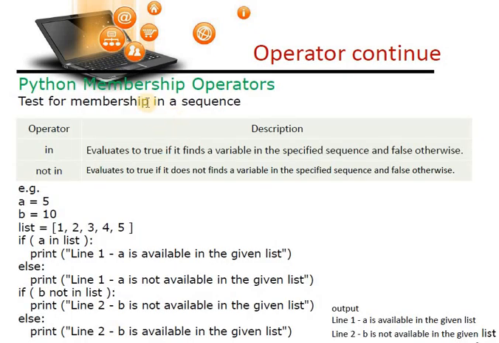Now next, these are two membership operators: in and not in. It is used to find whether any number exists in the list or not. If it exists in the list, then it returns true, otherwise it returns false. Okay, and it's a very simple program, like a equal to 5, list is given 1 2 3 4 5, and if I check if a in list, then it should return if it is available, otherwise not available. Okay,